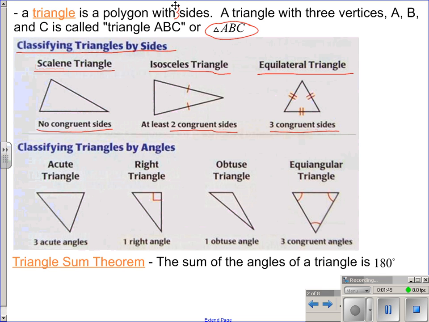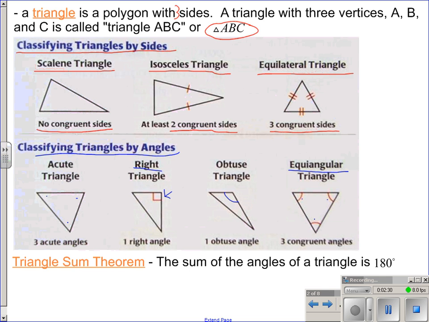The other way to classify triangles is dealing with the angles. So an acute triangle, just if you remember, an acute angle means it's less than 90 degrees. Greater than 0, but less than 90 degrees. So an acute triangle, all 3 angles are less than 90 degrees. If there is one right angle, then it's called a right triangle. If there is one angle that is an obtuse angle, meaning greater than 90 but less than 180, we call it an obtuse triangle. If all 3 angles are the same,